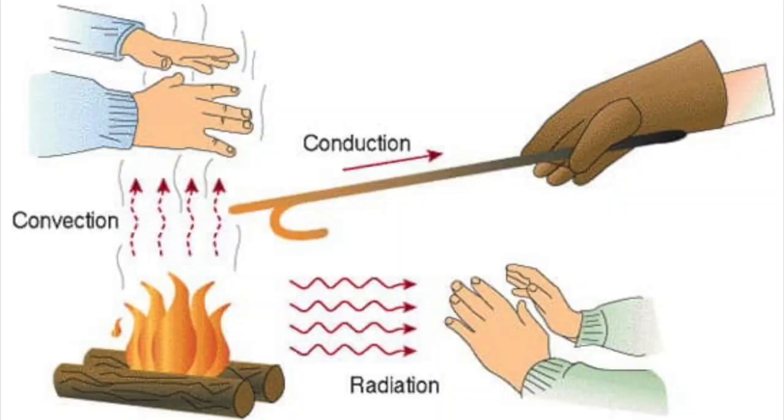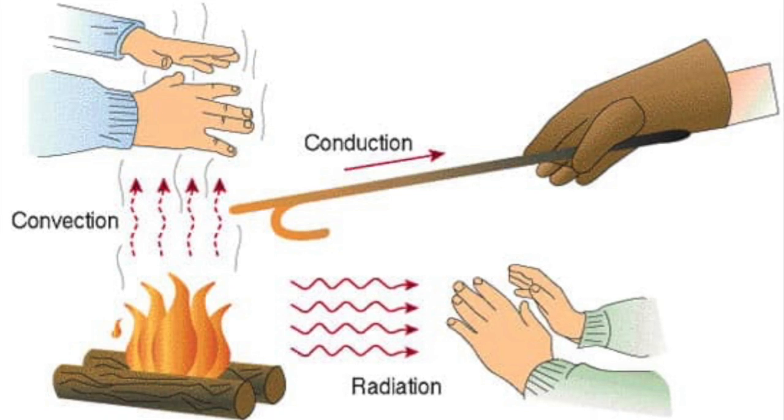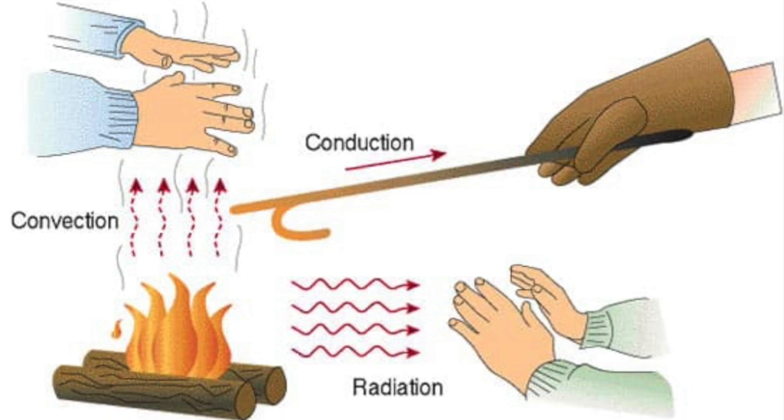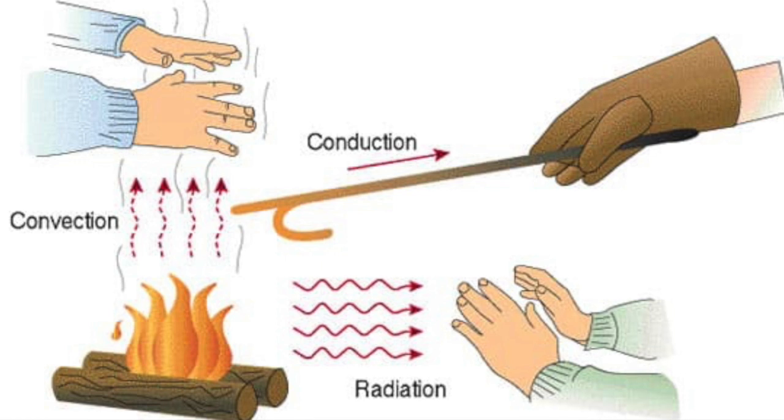All right, so real quick, a review. Sitting next to a fire, you can experience all three forms of heat transfer. Convection, which is the heat rising above the fire, and you can warm your hands over it, or you can cook a hot dog over it. Conduction is if you were to place a metal pole into the fire like a poker. The pole itself, the metal pole, would become hot and you could feel that into your hand.